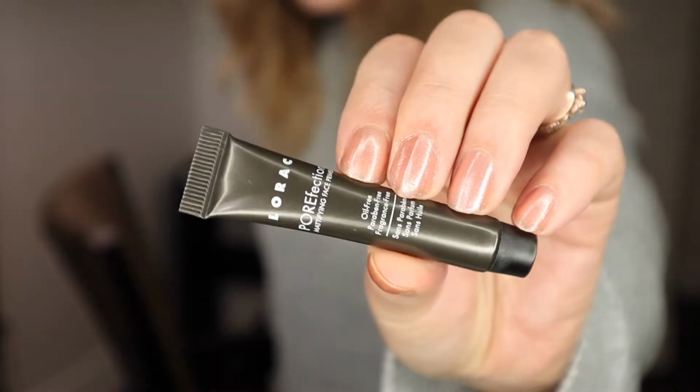This guy, as I remember it, right now I didn't use it because it's still not summer. I would only use something like that in the summer for myself because I do have quite dry skin that tends towards normal with slight oil production around the nose, center of the forehead, and a little bit on the chin. Basically, a couple months a year I have that sort of a problem, and if I want to use some kind of a smoothing agent that would also prevent a lot of oil breakthrough, this Lorac PoreFection with targeted